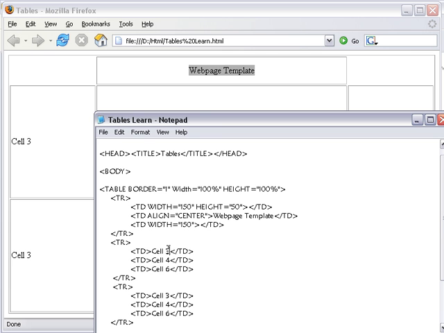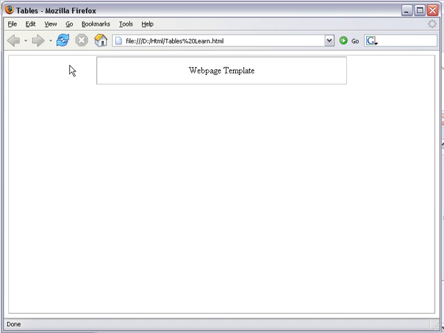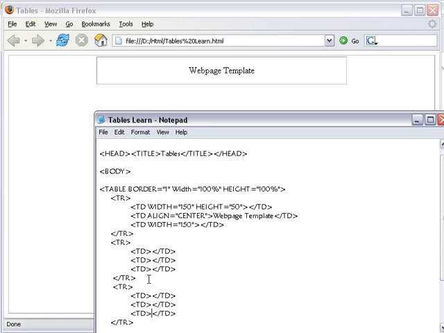All I'm going to do now is delete the text out of these cells because these are needless, like so. I'll save that, and I can refresh again, and you see we have a basic table, like so. Now, all I'm going to do on here is put in, this is going to be our navigation,